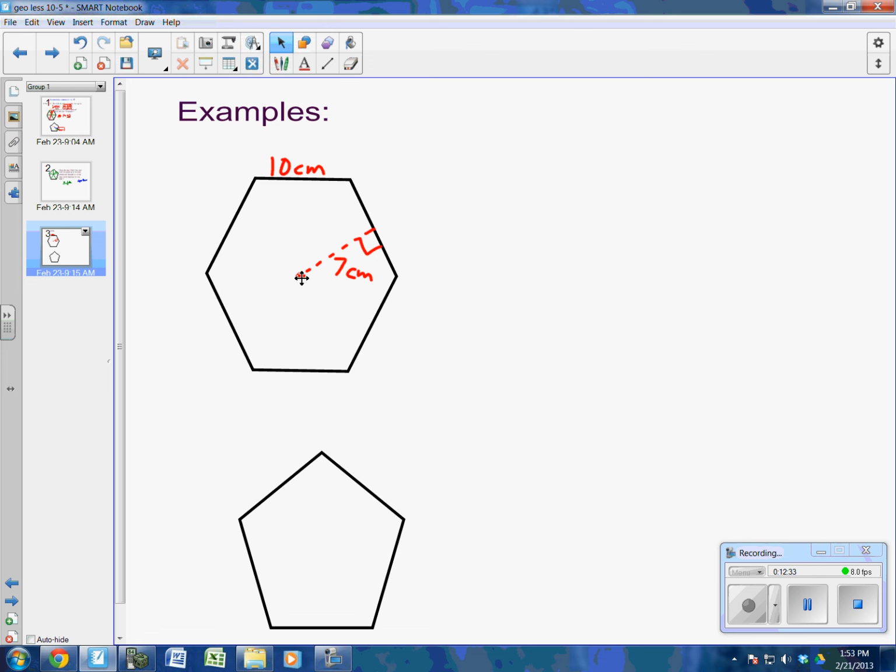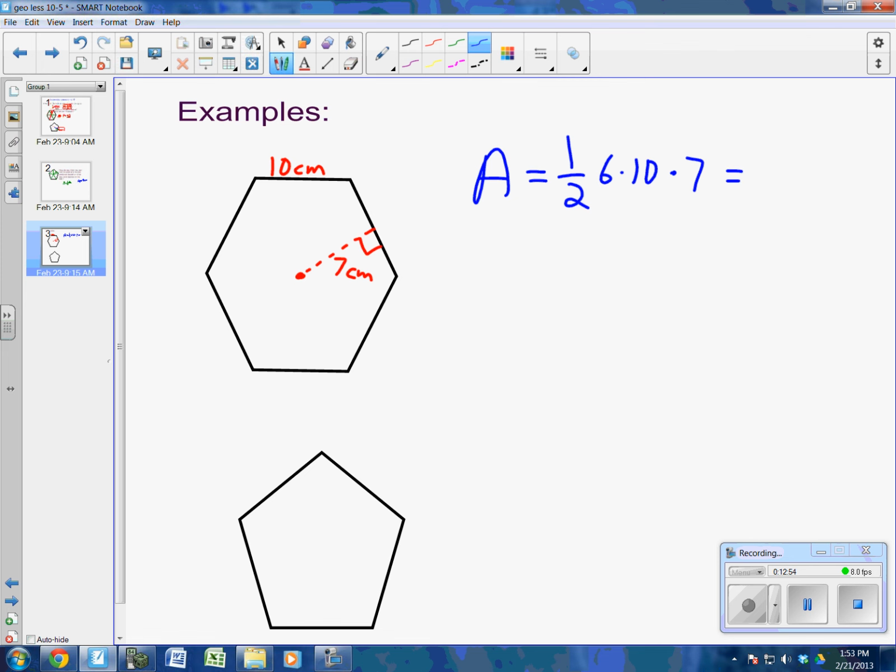You guys, you should have got 210. How many of you got 210? Okay. Because what you would have done is 1/2 the perimeter. The perimeter is one of the sides times 6, right? Because there's 6 sides. So 6 times 10 is the perimeter, times the apothem, which is 7. I know that 1/2 of 6 is 3, and 3 times 10 is 30, and 30 times 7 is 210